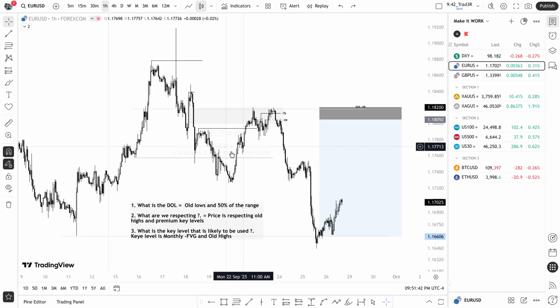So the entry was around here using time and turtle soup. Immediately price took out this high, and in London session Wednesday, price came back to the order block that took out this high, and we displaced straight towards the trade objective. And let me show you